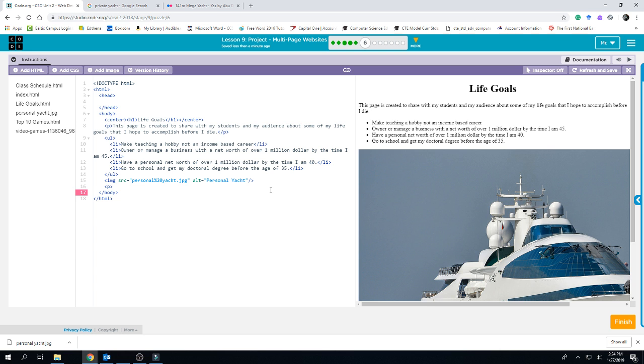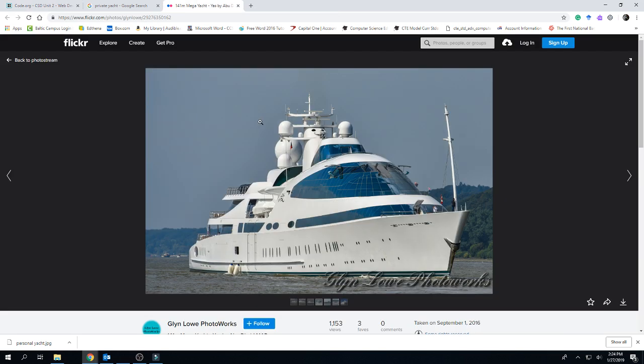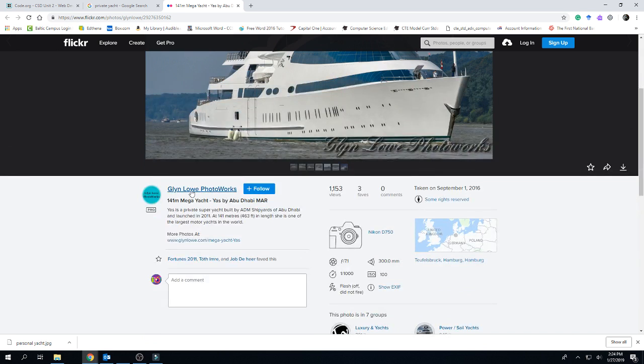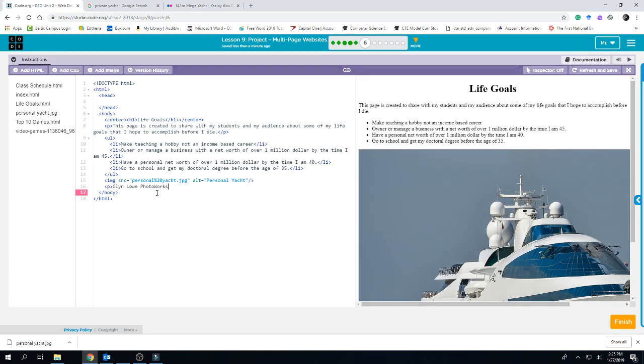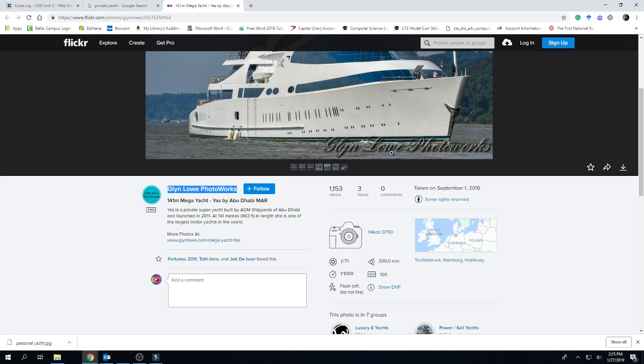So inside of my paragraph tag, I need to make sure that I'm giving the correct permissions to all of my people. So Glen Low Photo Works. Let's just go ahead and copy, so I don't misspell it. So I'm going to put photo by Glen Low Photo Works, published on Flickr, because that's where it was. Published on Flickr, and